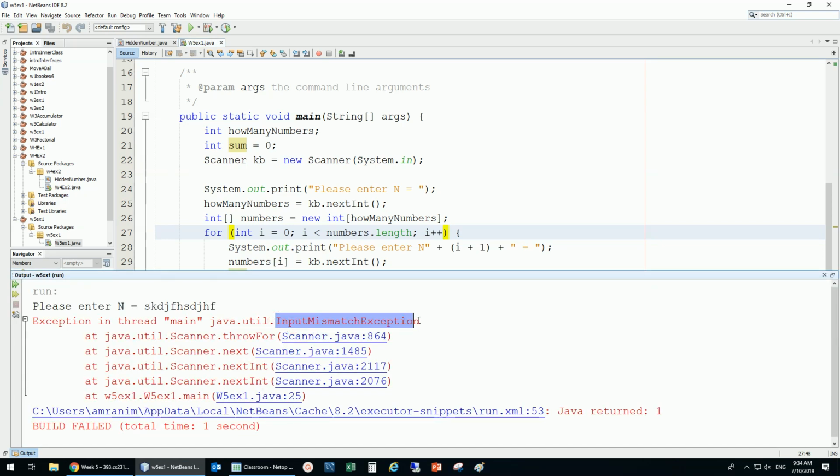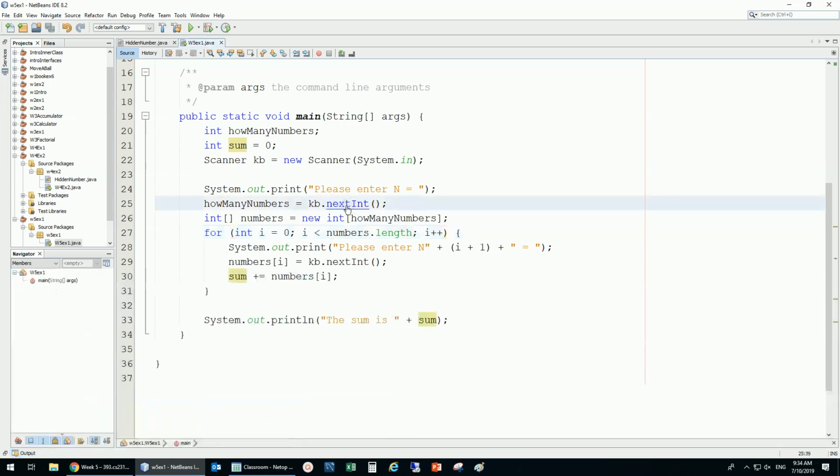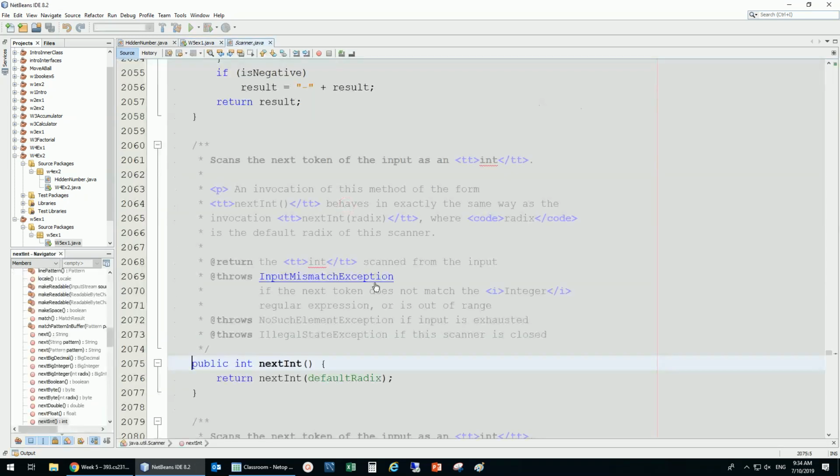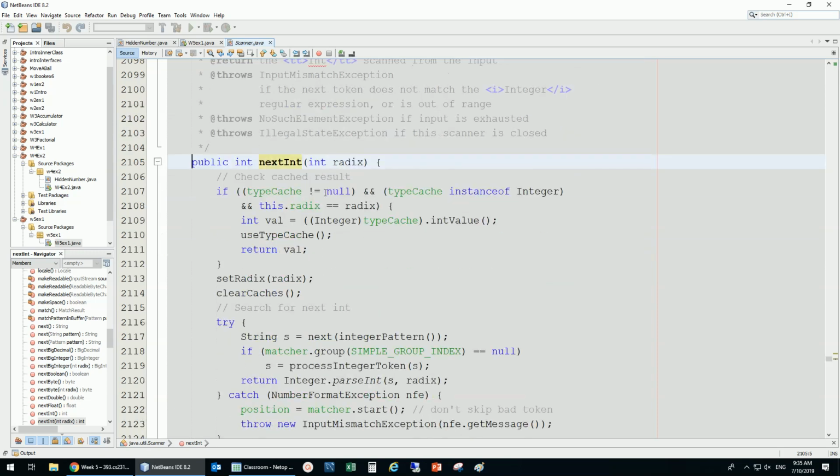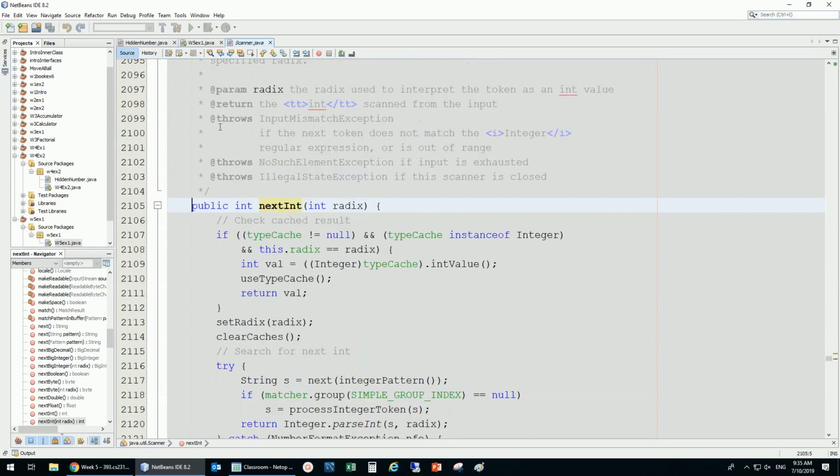Input mismatch exception, when I entered some kind of weird text while I'm expecting a number. Because if you look at this next int, it is going to call another next int with a parameter, which is doing this int radix whatever, and this is doing some checking. But check this, it says in the documentation